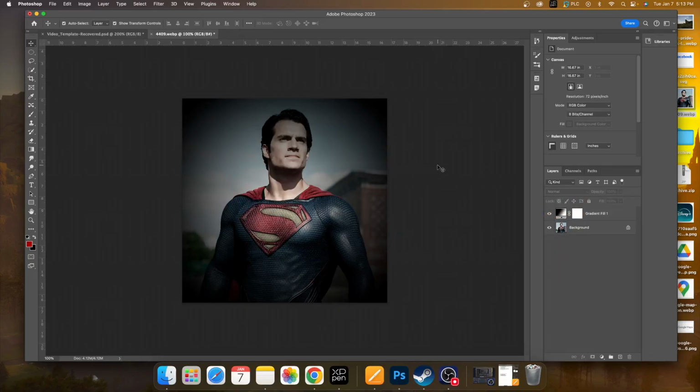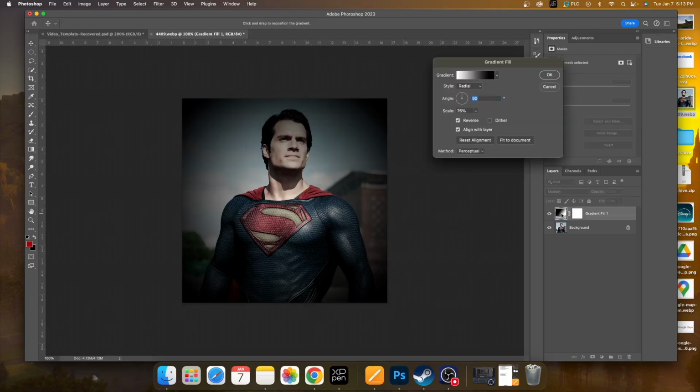You have your picture, you have your vignette, and you can double click on the adjustment layer and change this if you want, or redo it and have new numbers, anything that you really want to do. So that is how you would go about adding a